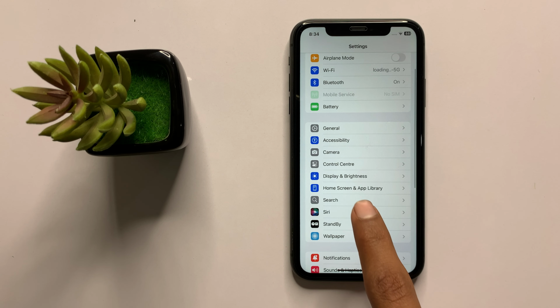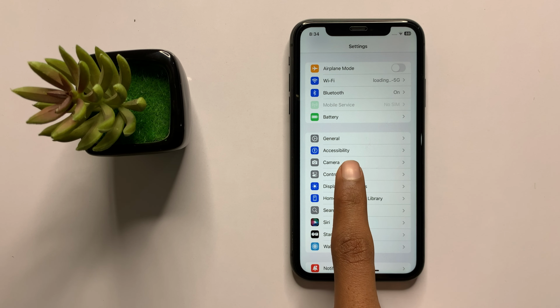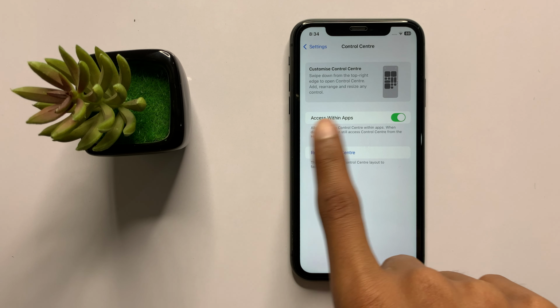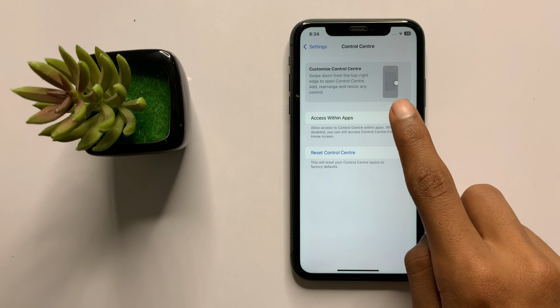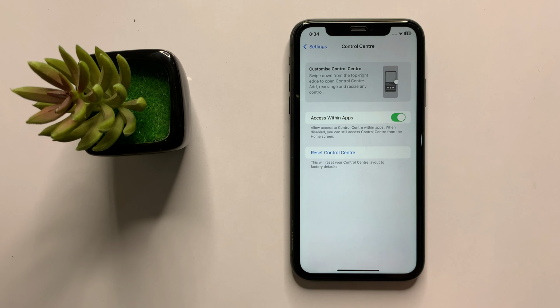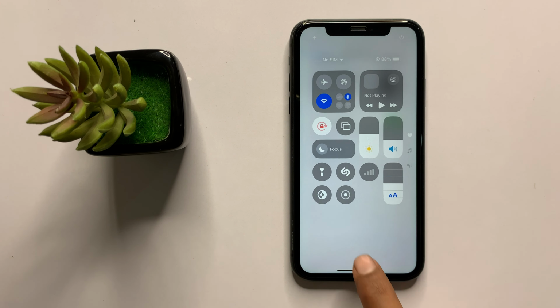and click on Control Center. And if the Access Within Apps button is turned off, then turn it on. After turning this button on, your problem will be